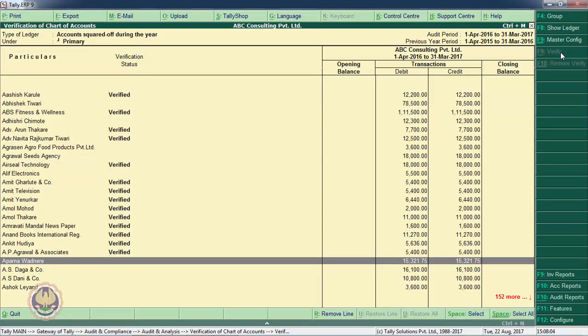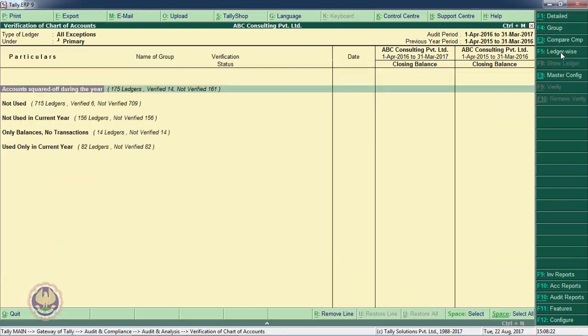I was talking about putting the auditor's remarks using Tally software. So this is an example of putting an auditor's remark in the software itself. That is, an electronic tick is marked for this particular record and the auditor's remarks are also put with the tick. I am pressing escape. You will observe that earlier it was verified 4, now it is verified 14, not verified